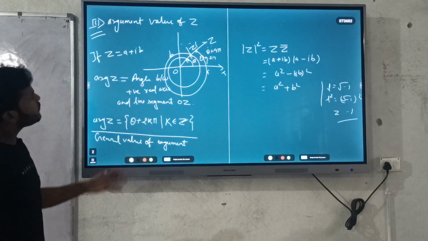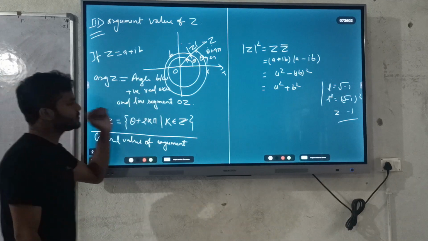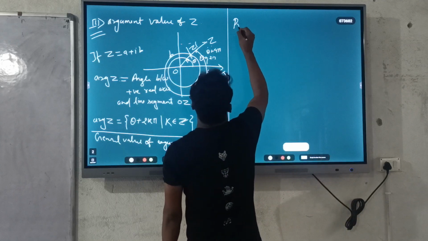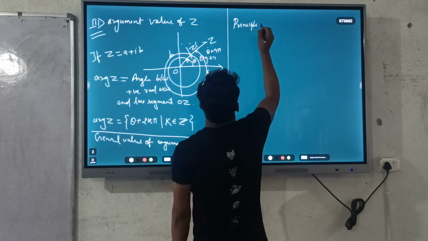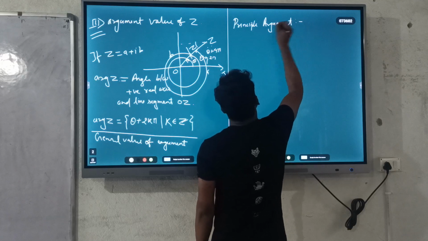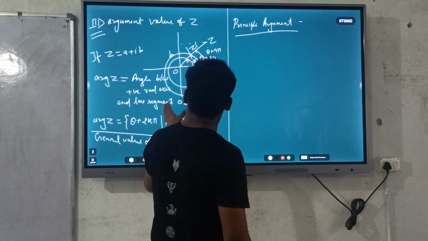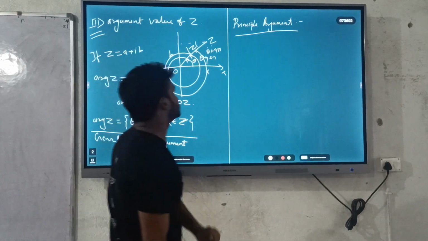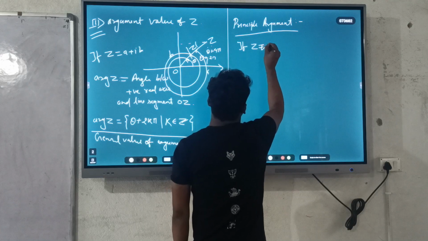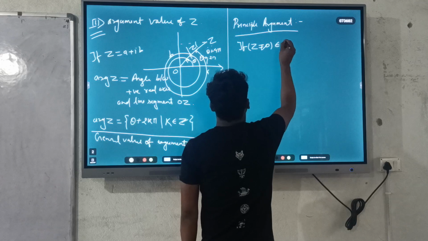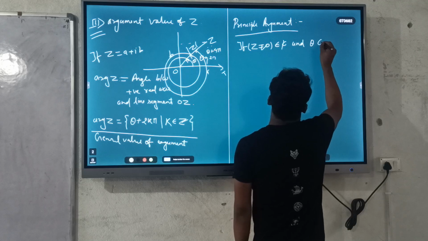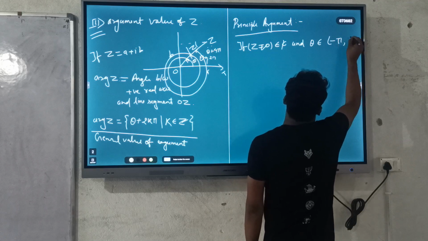What if I want to find the unique theta? Then we talk about the principal argument. The principal argument is the same as the argument value, with only one difference. What is that? It is defined as: if z not equal to 0 is a complex number and theta belongs to, remember this interval, this is important,